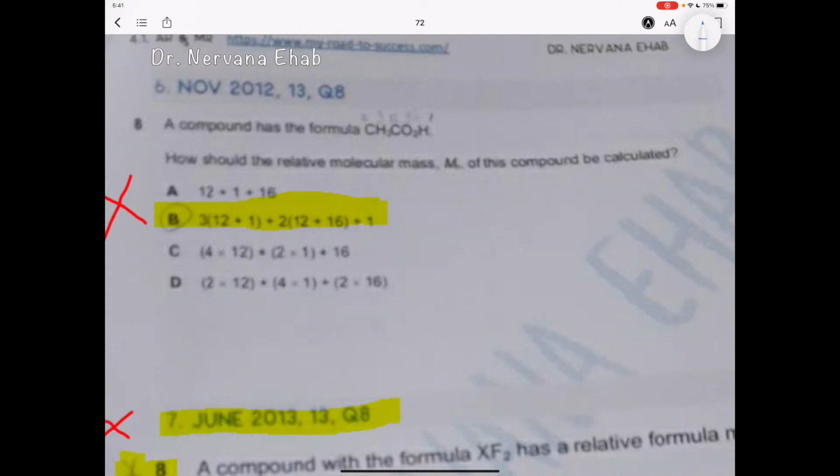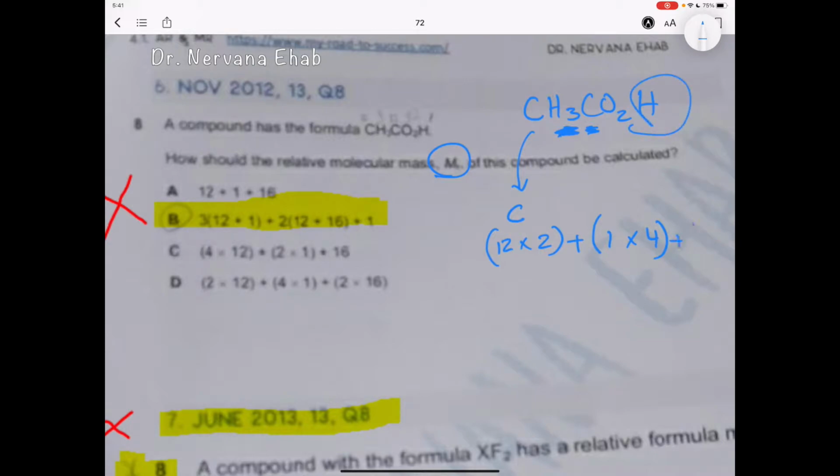For this question, it asked about the relative molecular mass, or the Mr, for this compound, and I'm going to write it again. It's CH3CO2H, and it's simply going to be carbon, so it's 12 times 2 because there are 2 carbons, plus 1 times 4 because there are 4 hydrogens. There's 3 here and 1 here, plus 16 times 2 because there are 2 oxygens. And so this last one is the correct one because it's 12 times 2 and 4 times 1 and 2